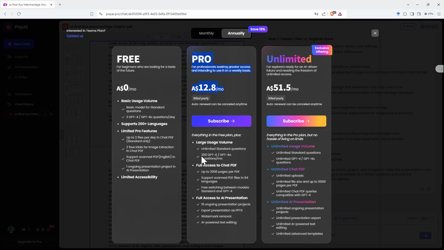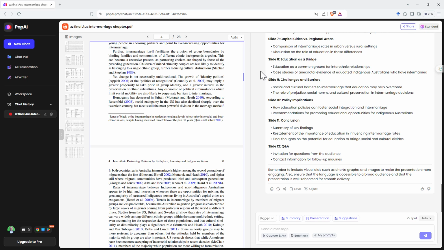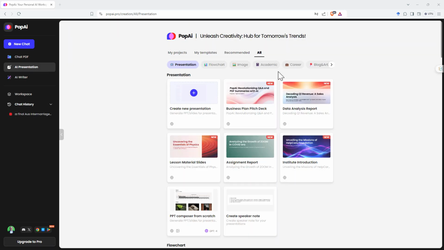And admittedly, we see that it is 200 GPT-4o questions per month. There are some limitations here, but depending on how much you are using this, and unlimited, it's maybe a wee bit pricey, but certainly for the Pro, that seems pretty reasonable given the really good wrapper that you're getting. So let's keep exploring. So next up, we've gone into the AI presentation link,